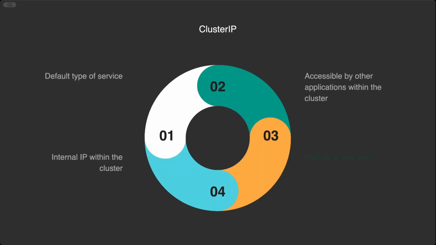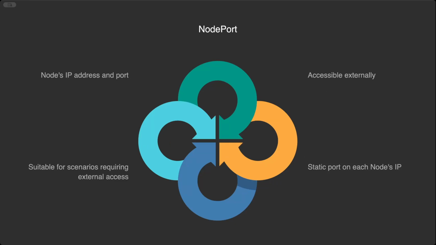Cluster IP is the default type of service in Kubernetes. It exposes the service on an internal IP within the cluster, allowing other applications within the same cluster to access it using this internal IP and port. Node port exposes the service on a static port on each node's IP. This means that services become accessible externally using the node's IP address and the assigned port, making it suitable for